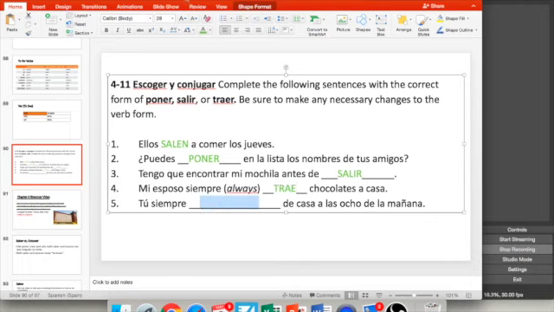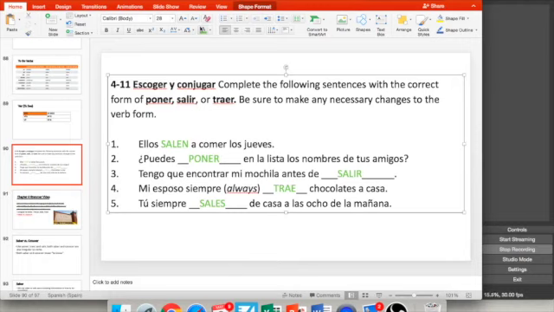Makes the most sense here to say that you always leave, tú siempre, and your verb is salir. We need to take salir and conjugate it by chopping off our IR. And to say that you always leave, we need to say that tú siempre sales de casa a las 8